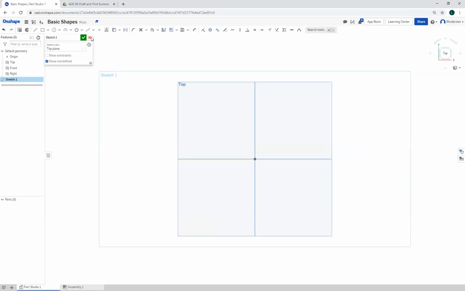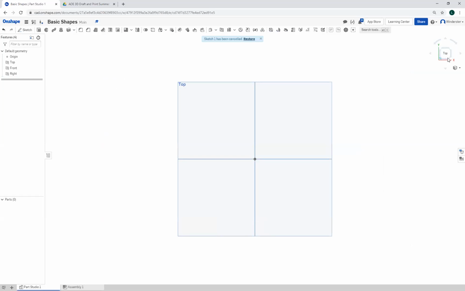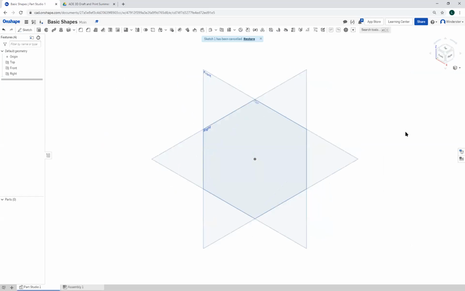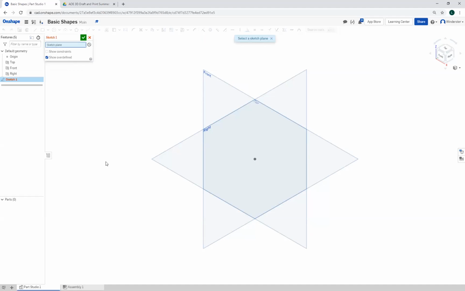Okay, let me go back to the beginning. All right, cancel that. I'm going to go back to the isometric view, the 3D space, okay? I want to start by drawing a 2D sketch so I can make this into a 3D object. So I click on Sketch. Then I'm going to